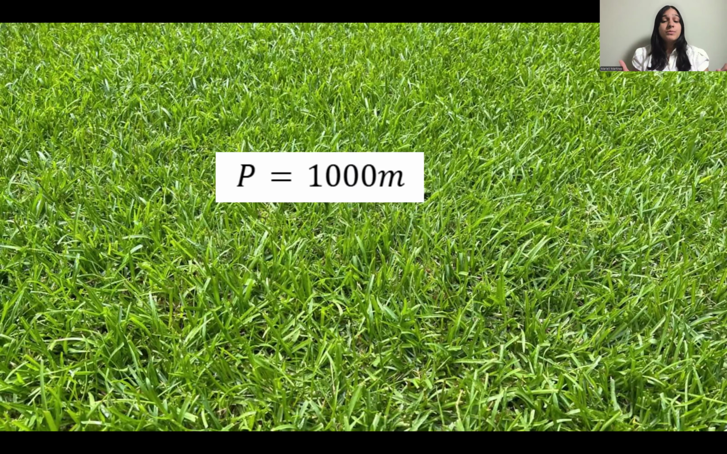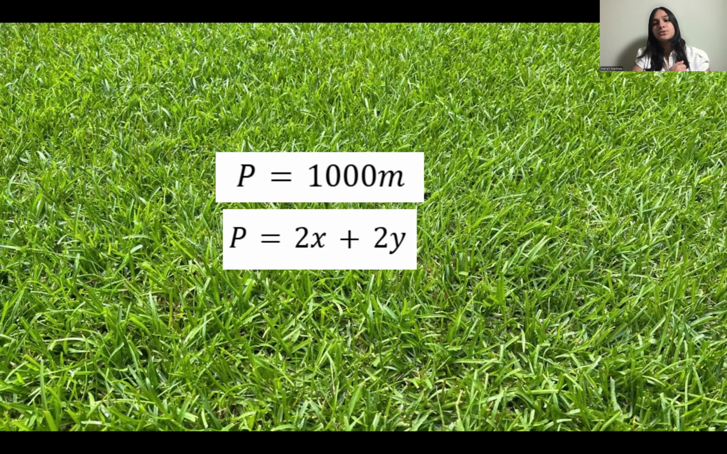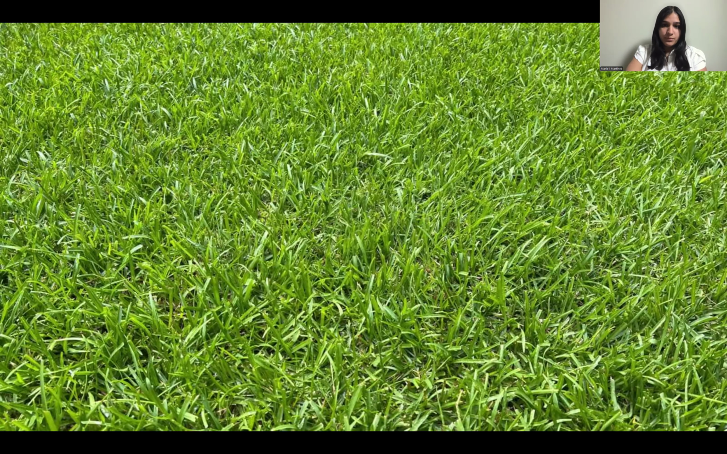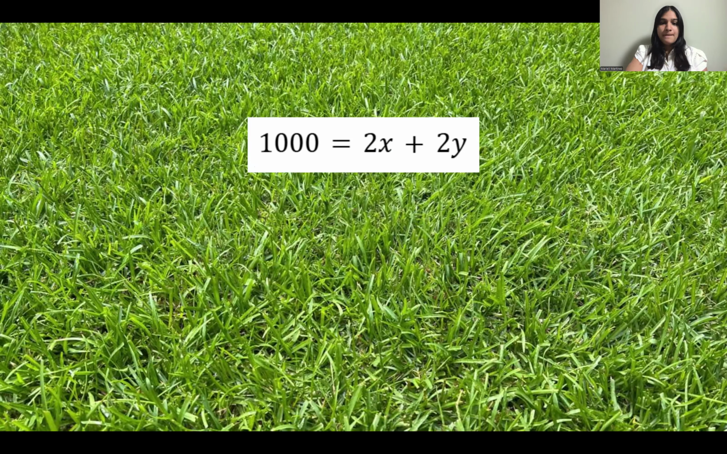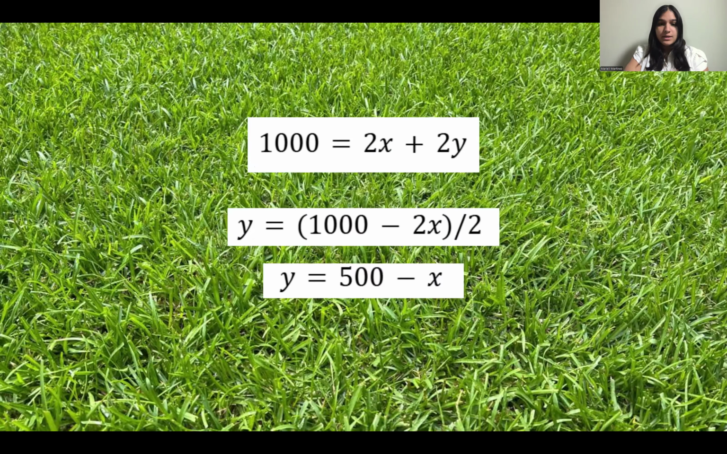And we know that the perimeter of a square is 2x plus 2y. We also know that the area of a square is just x times y. We're going to put the perimeters together and we're going to solve for one variable. I chose to solve for y. Now that I have y equals 500 minus x, we're going to use this y value and plug it